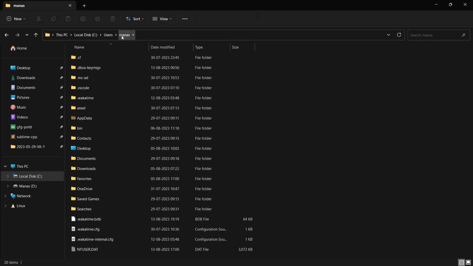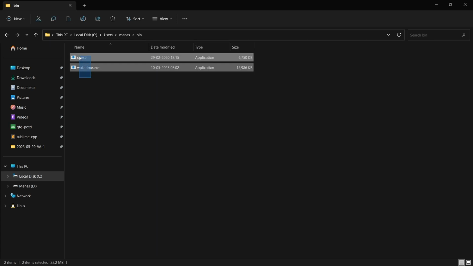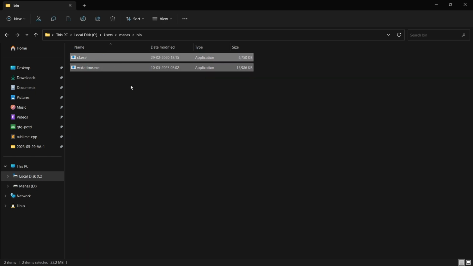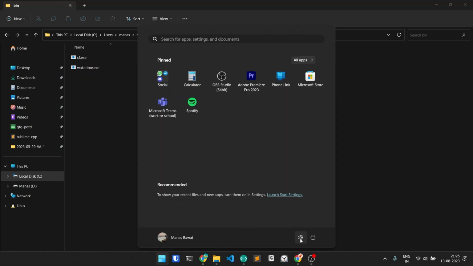Now you can go to your home folder. For example, my username is Manas. You can go inside this folder and then create a folder called bin, right? I'm also using Wakatime, so I have Wakatime here, as well as a cf.exe file, right? Both of these are command line tools, so nothing will happen if you try to open them or double click them, right? Once you have placed both of your files here, you can go to your settings